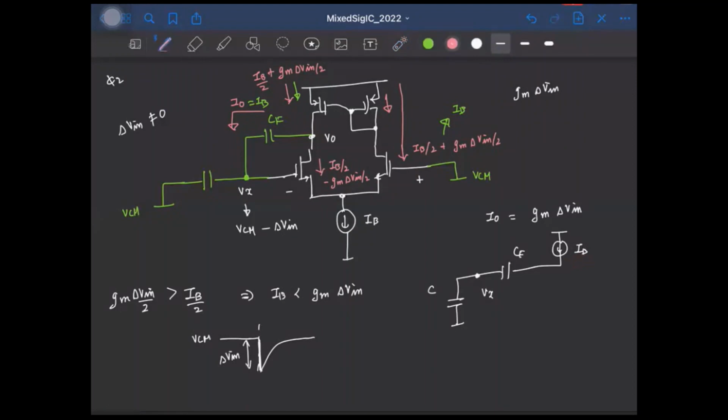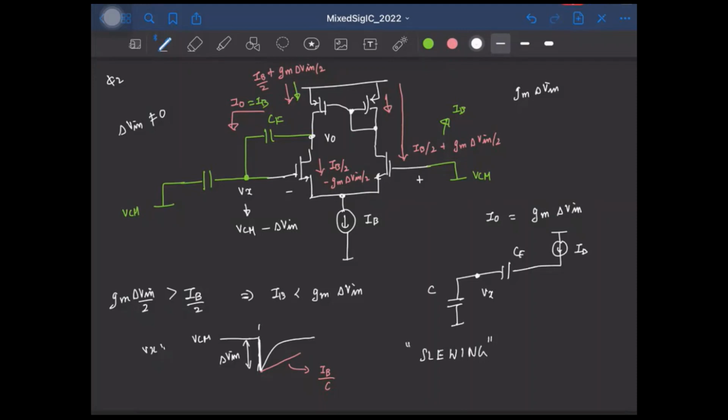So the voltage will increase linearly like this, okay? And the rate at which it increases will be IB by C, okay? So this is the voltage Vx, right? And this effect is called slewing,